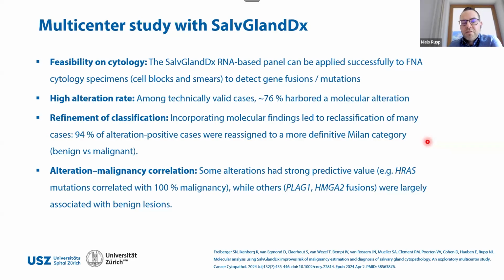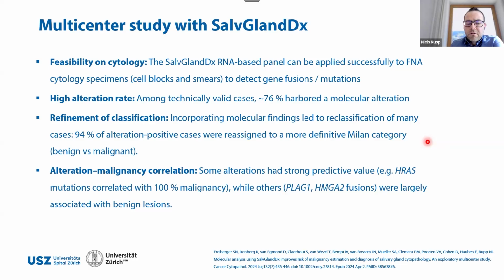So the best way is to use one smear for the molecular testing. We have a high alteration rate. Among the valid cases, 76% harbored a molecular alteration. And we were able to refine the classification when including the molecular findings to a more definitive Milan category, either